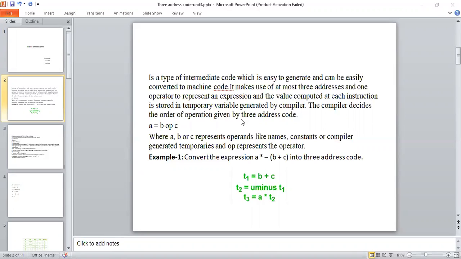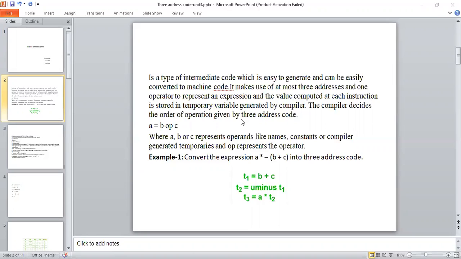Hence, it is called a three address code, which contains at most three addresses, or in some cases it consists of less than three addresses. In that situation also we can say that the given statement is called a three address code.